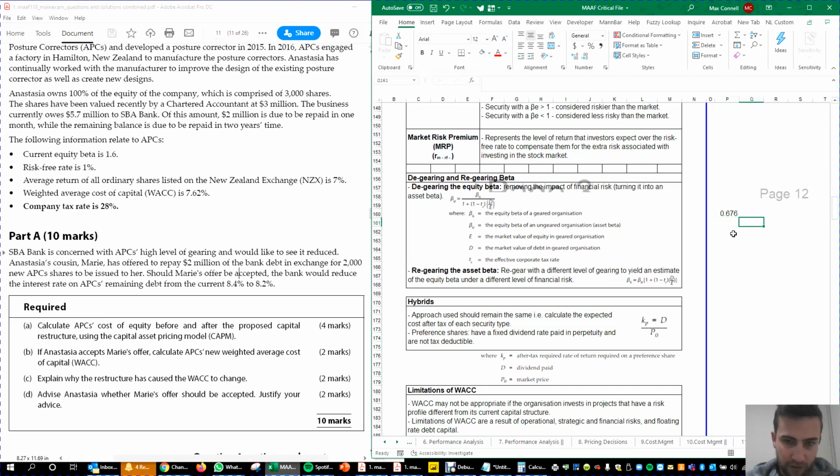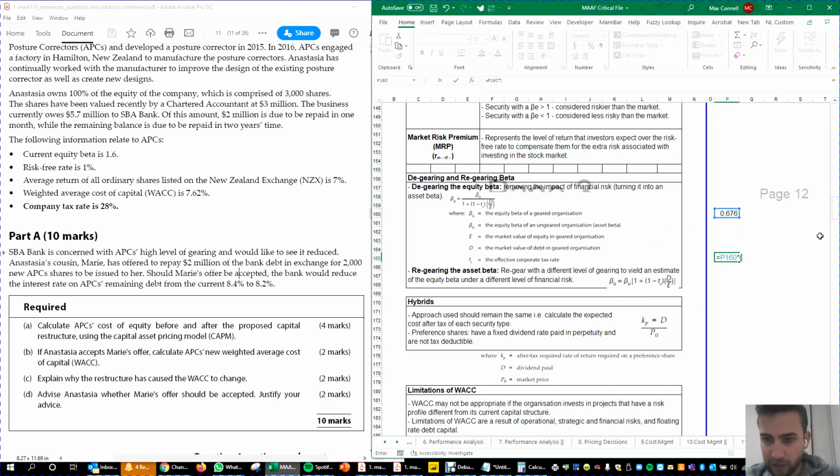Okay, so we need to follow this formula over here, which is BG equals BU. So what we need is BU, the equity beta of an ungeared organization. That's the number we calculated before. So to calculate BG, we're going to go this number up here times bracket 1 plus bracket 1 minus 0.28, which is the tax rate, times